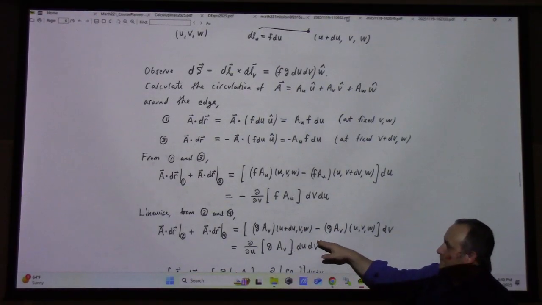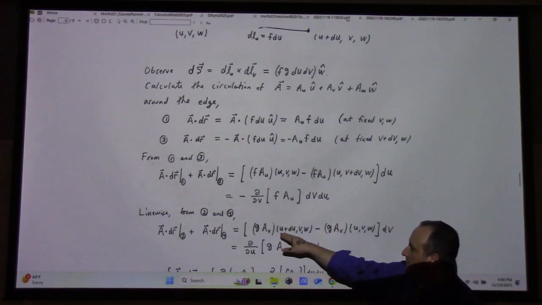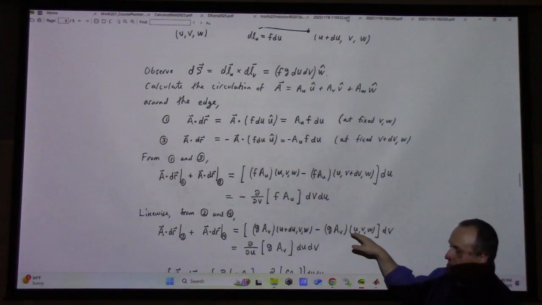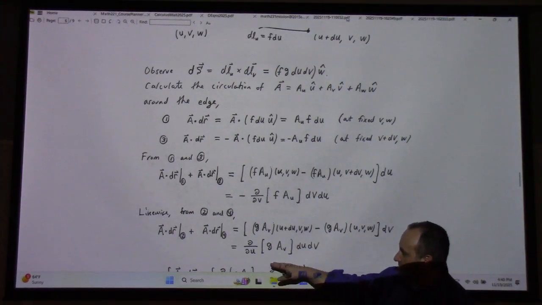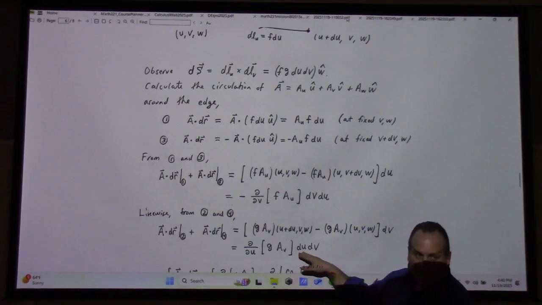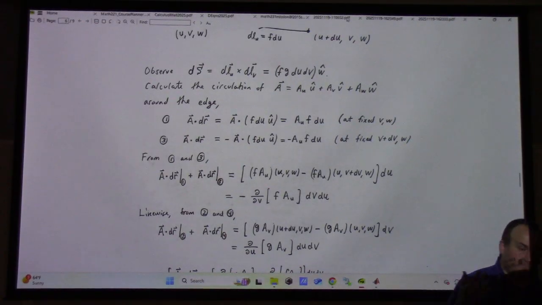And likewise down here, we've got g a_v at u plus du, whereas g a_v at u, with v and w being fixed. And so that difference we can rewrite as a derivative with respect to u times du. And then, so,